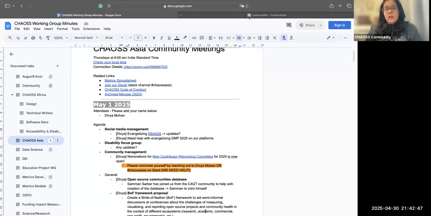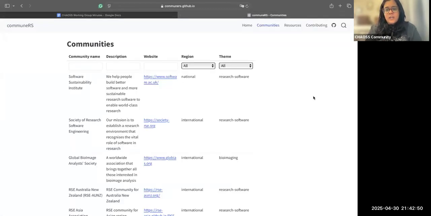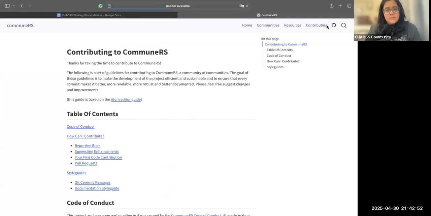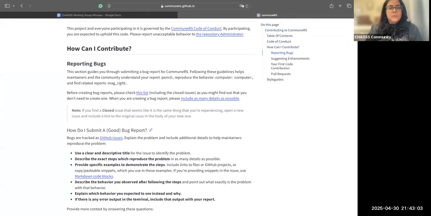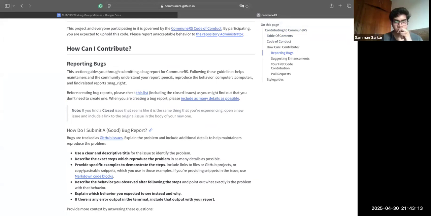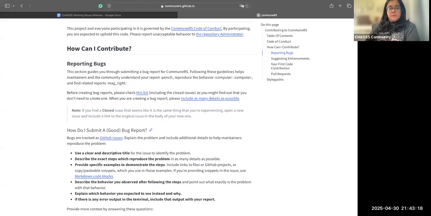So essentially, in here, what they have said is you can contribute by first checking the list and then opening an issue and doing stuff like that. I do not mind that as a way, because we are doing that for some of our other projects. But if you have a better way, I'm open to suggestions. Like if you can make it more interactive, I'm open to suggestions on how that can be more user friendly